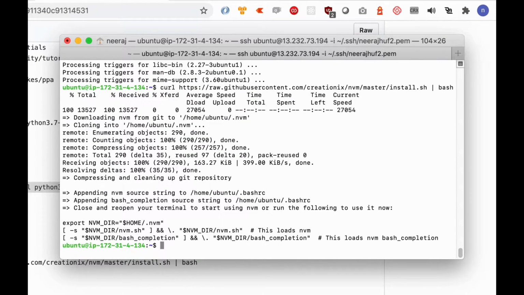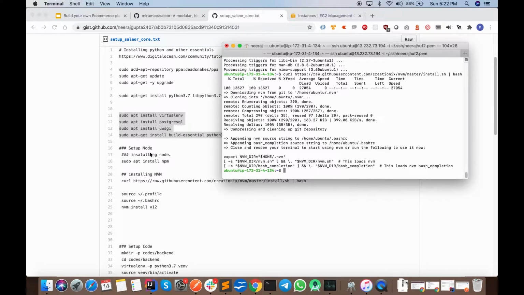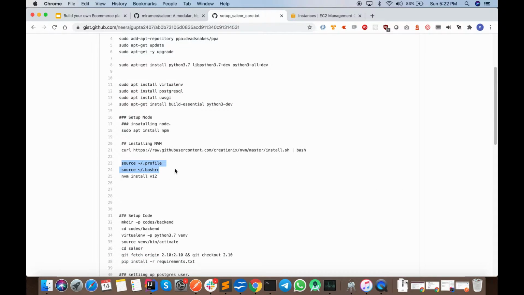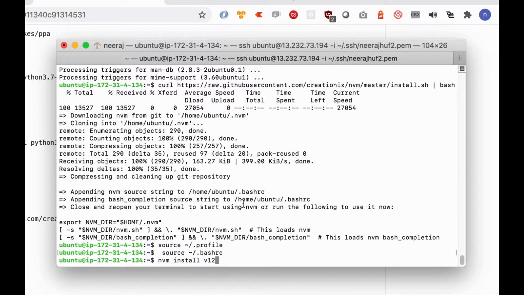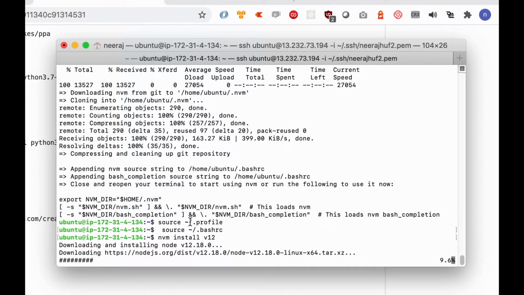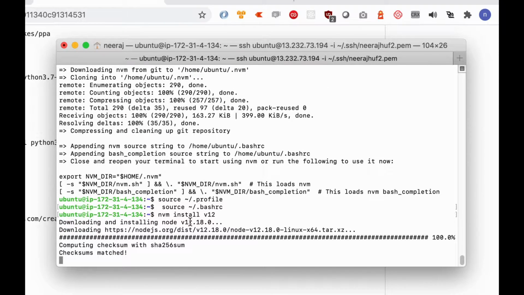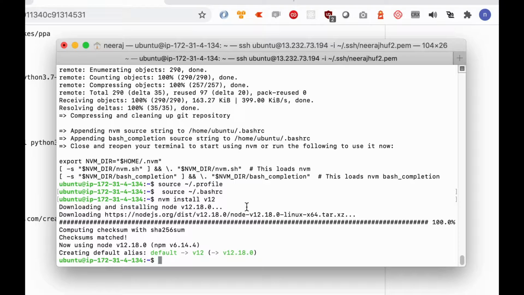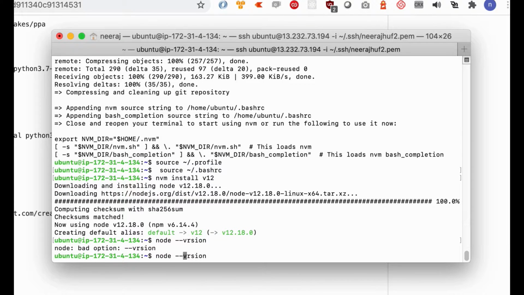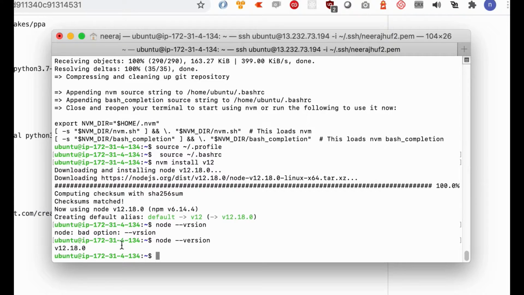So I have downloaded NVM in order to manage my node versions. What I'll do now is install node version 12, the latest stable release. So I can see what my node version currently installed is. It's 12. So all my dependencies have been installed.